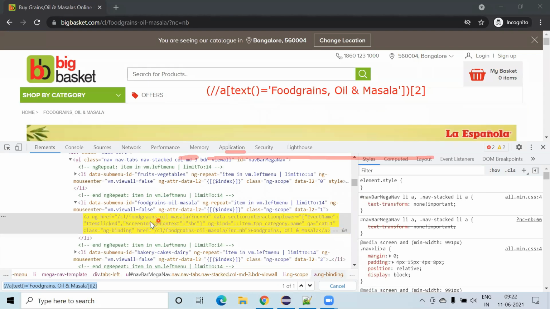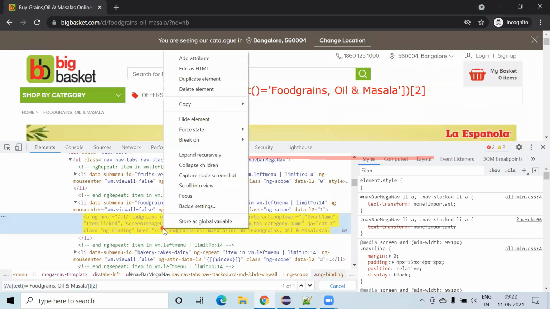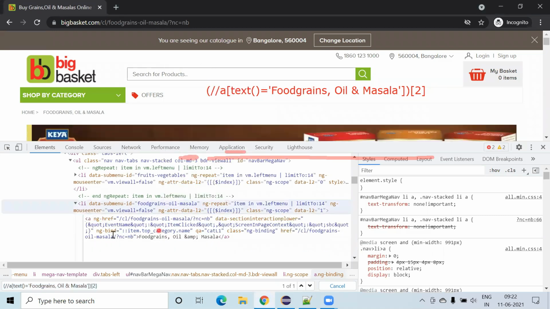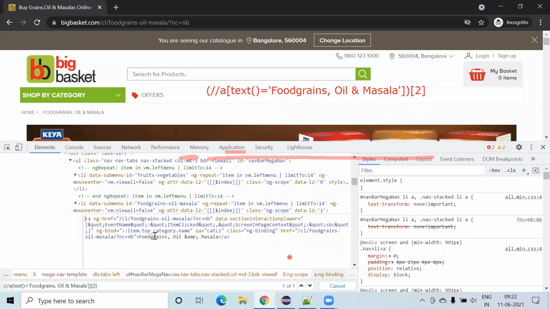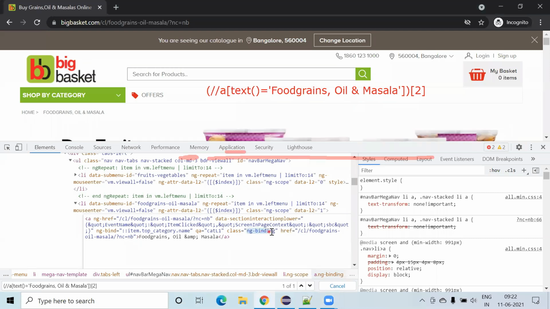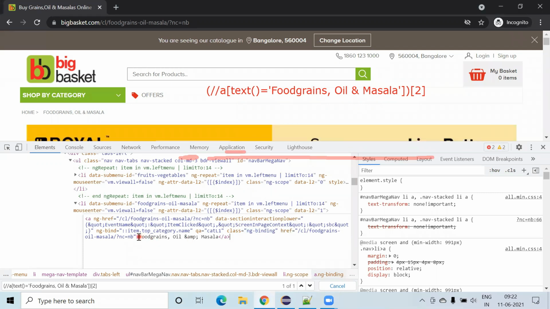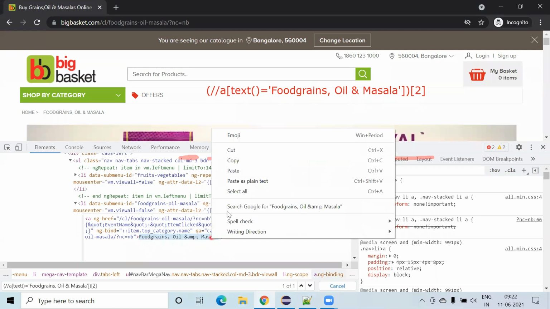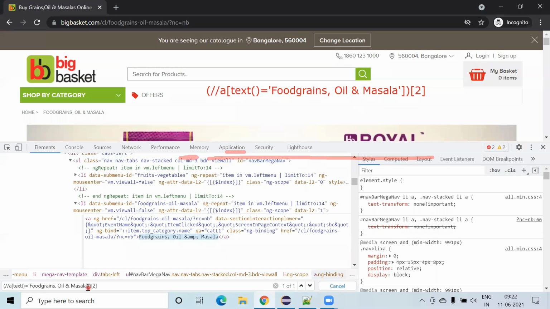Yeah, see here, we don't have the ID and class name, but sometimes, what I will show you, see this anchor tag. ng is available, data is available, and also ng-bind qa. There is a class actually. I think there should be some reason why I haven't taken the class. Maybe it is changing dynamically. So that's the reason I have taken this text. What is this text? Food grains, comma, oil and masala. So you can copy this and you can paste it over here